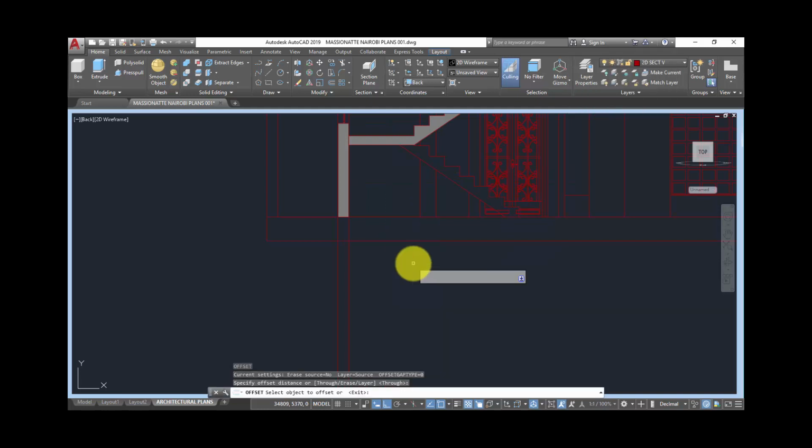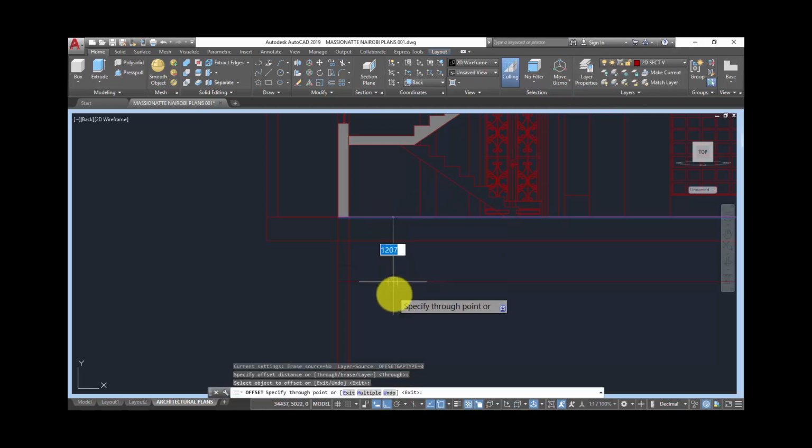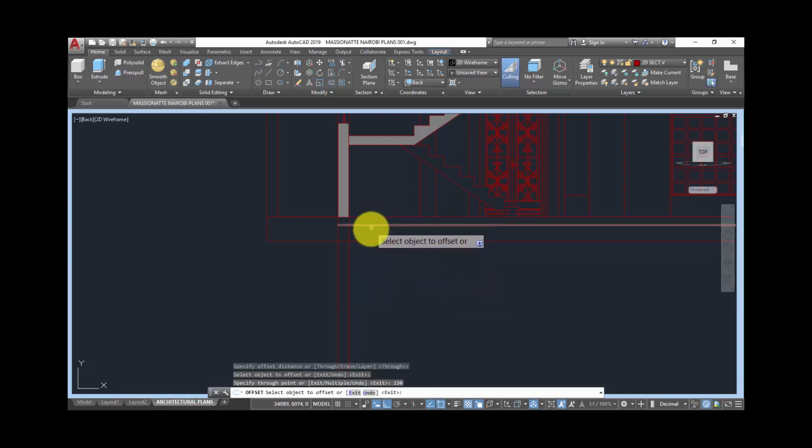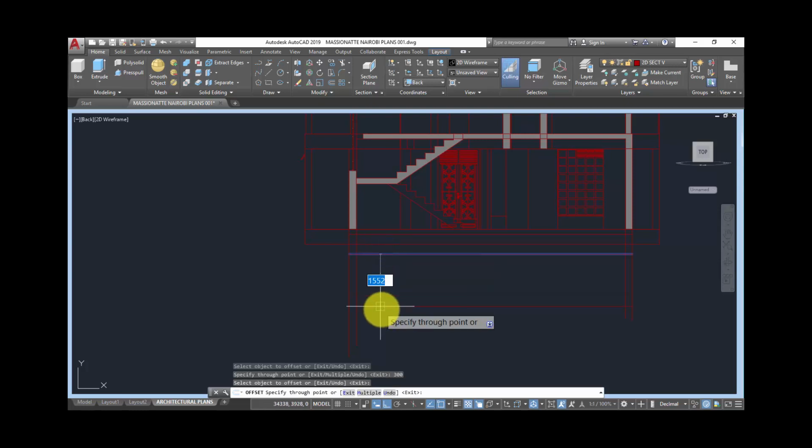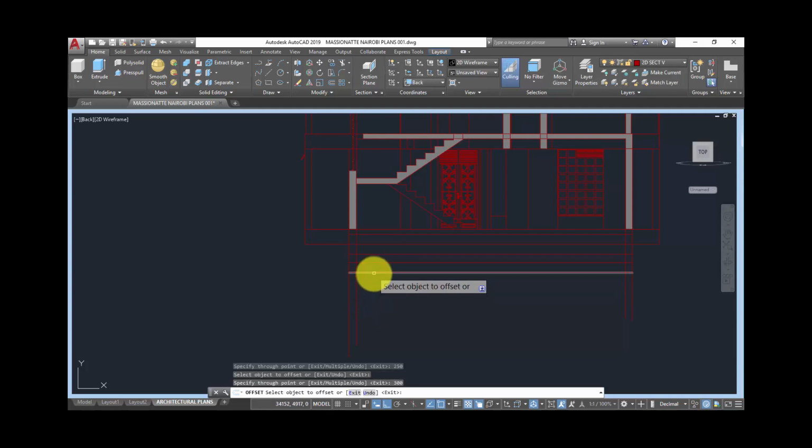I'll offset this line 150 units downward to indicate the slab. The remaining part is the hardcore. I'll offset this line downward 300 millimeter units. Again, I'll offset this one 250 units. Then I'll offset this one 300 units. Then I'll offset this line 200 millimeters